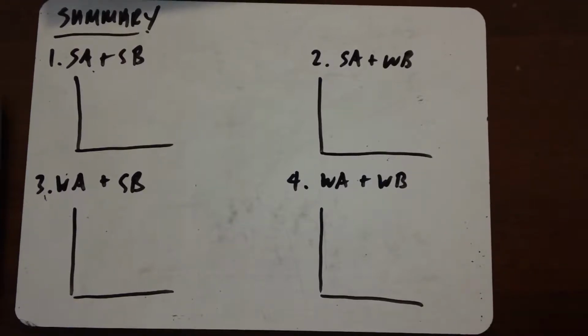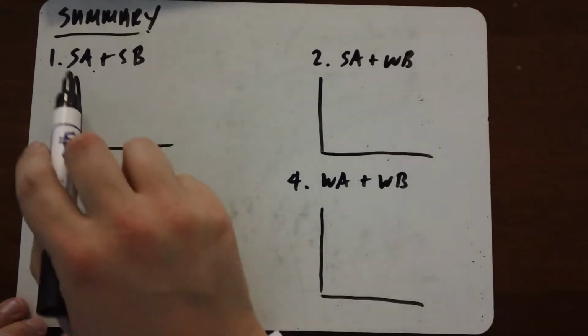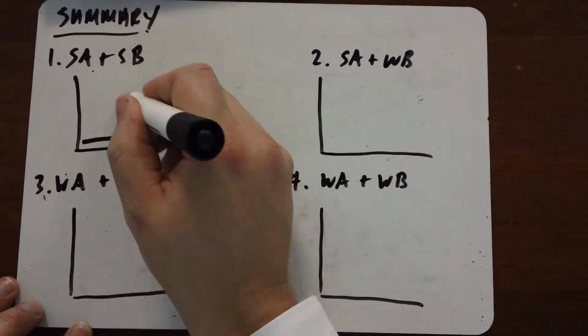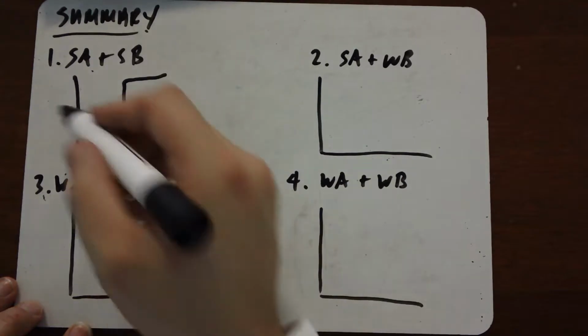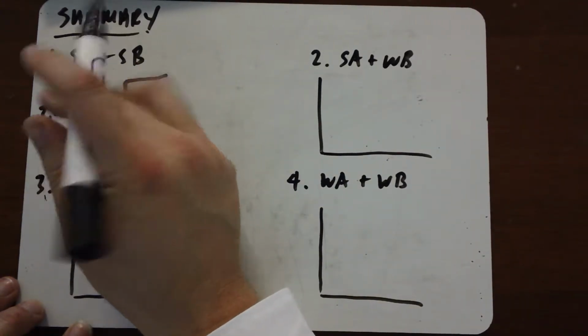Quick summary. We talked in the previous video about you being able to construct pH curves for all the possible combinations of strong acids and strong bases and weak acids and weak bases. This is the summary for it. Strong acid, strong base starts off at pH 1, equivalence point, radical step up, and then we end up at about pH 14. Equivalence pH is 7